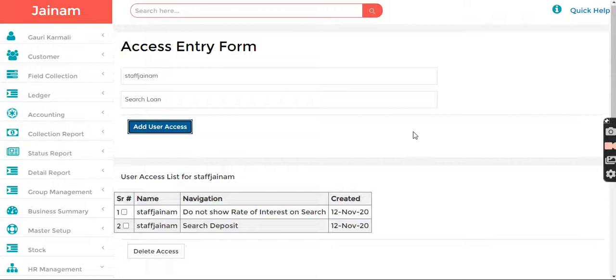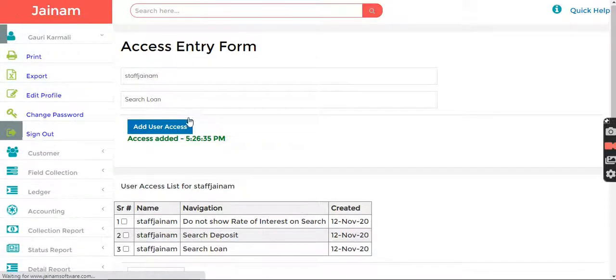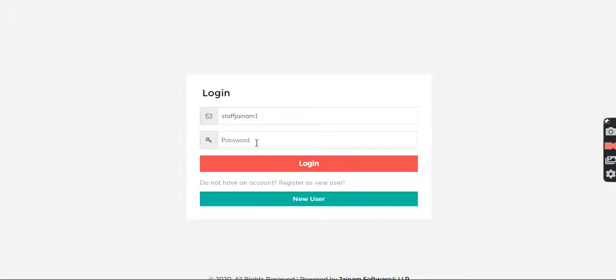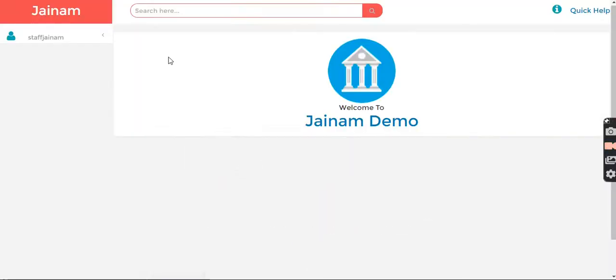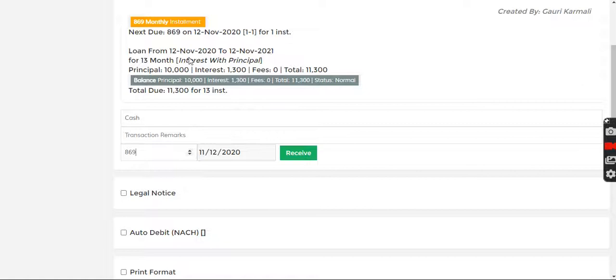So now add user access. Now I'm going to log out and then again log in as staff JNM1 and just now I search for loan 1. You will see that the employee doesn't see the rate of interest.